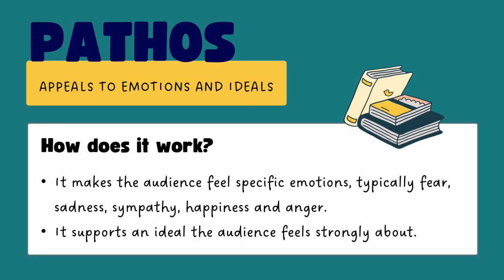So the next mode of persuasion is pathos. Pathos appeals to emotions and ideals. How does it work? It makes the audience feel specific emotions, typically fear, sadness, sympathy, happiness, and anger. It supports an ideal the audience feels strongly about. So, remember when we say pathos, it has something to do with emotions and ideals. Now, looking back,